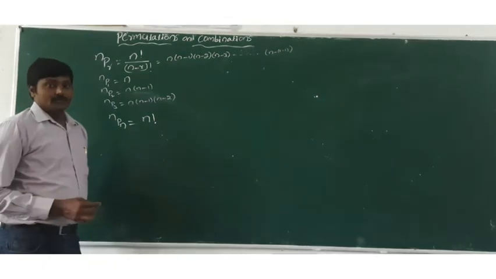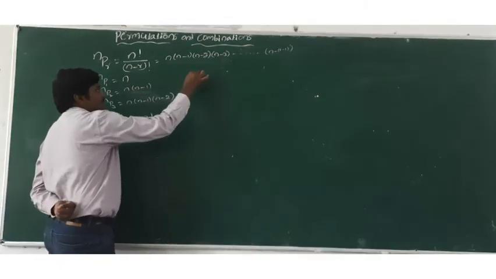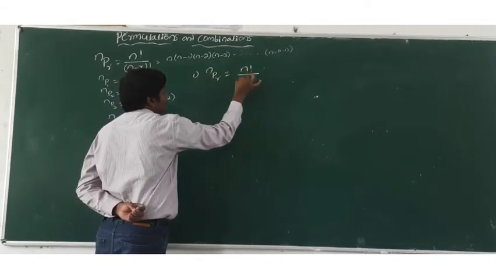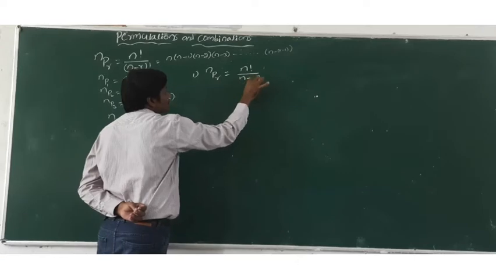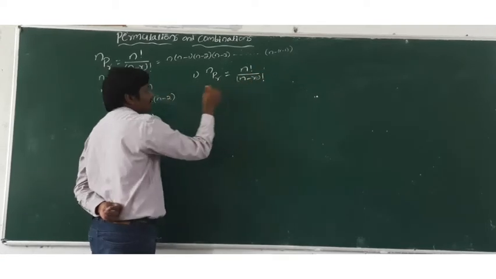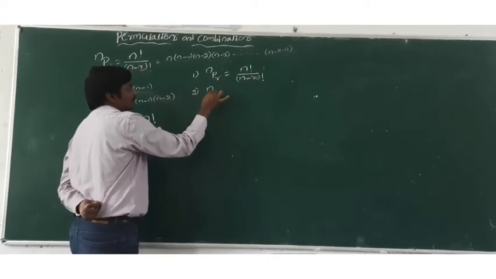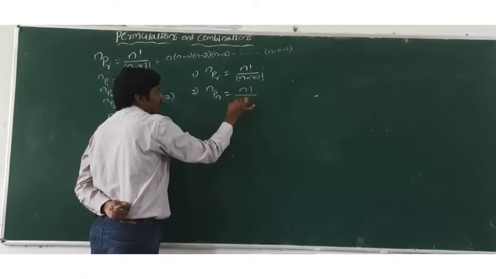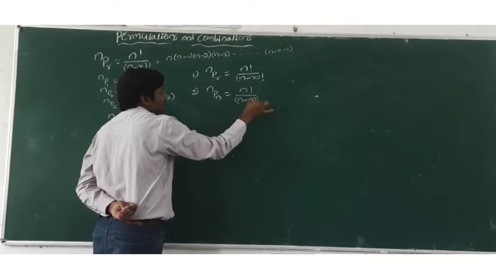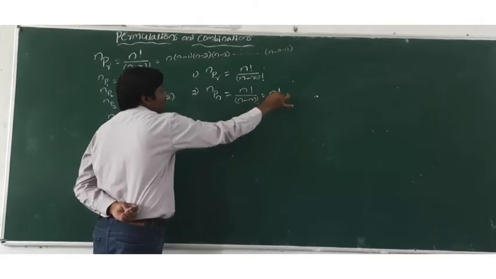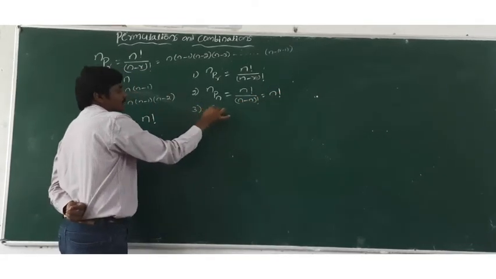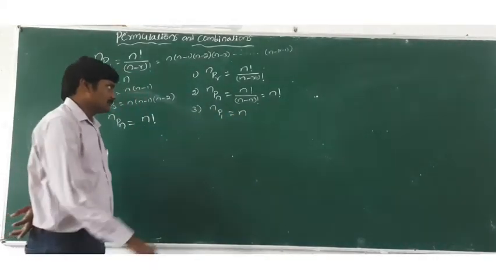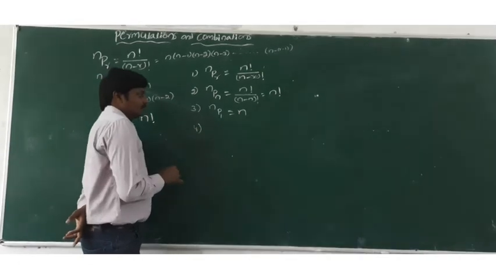We have some more formulas on nPr. The first formula is nPr is equal to n factorial by (n minus r) factorial. The second formula is nPn is equal to n factorial by (n minus n) factorial, that is equal to n factorial only. Next, third one, nP1 is always equal to n. nP0 is always equal to 1. The fourth formula is